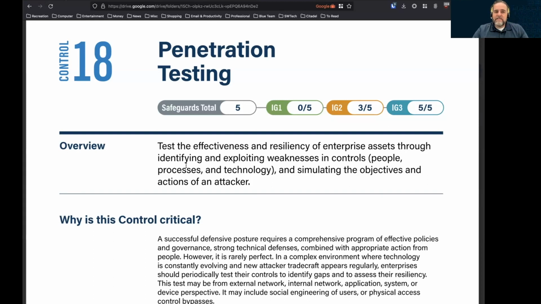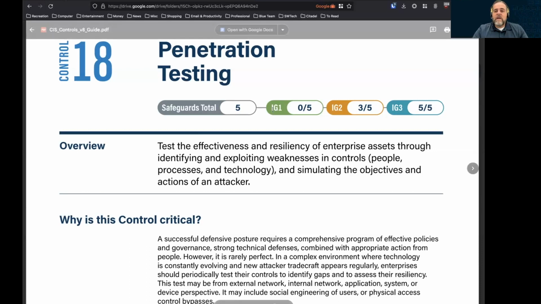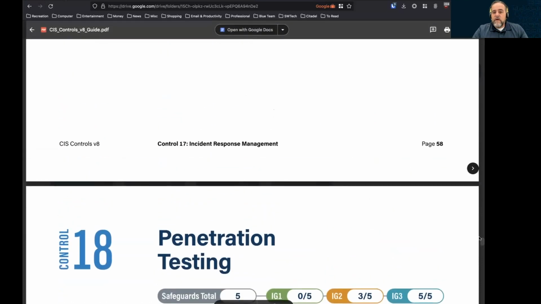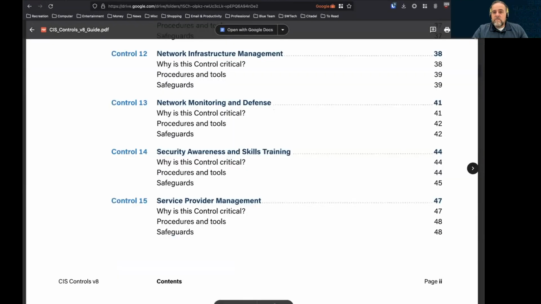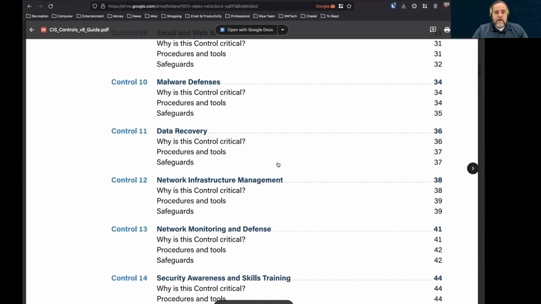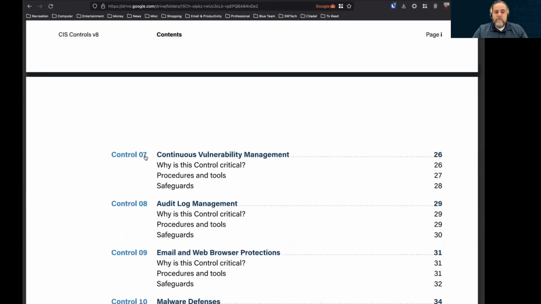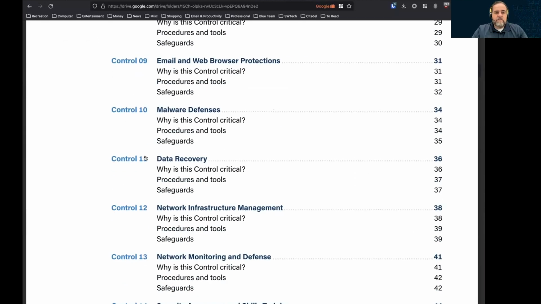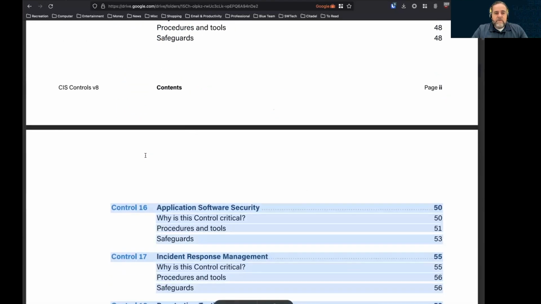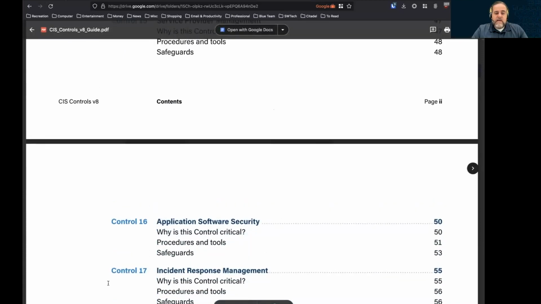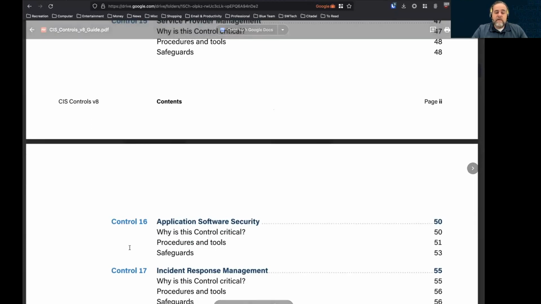That might not necessarily fit under penetration testing as much as it would fit under the vulnerability management control that we passed by, continuous vulnerability management, control 7. So I might pull that under control 7 and say that's a little more appropriate. I might throw out the penetration testing control completely as not applicable, but ensure I'm covering what I feel I need to cover under another control.